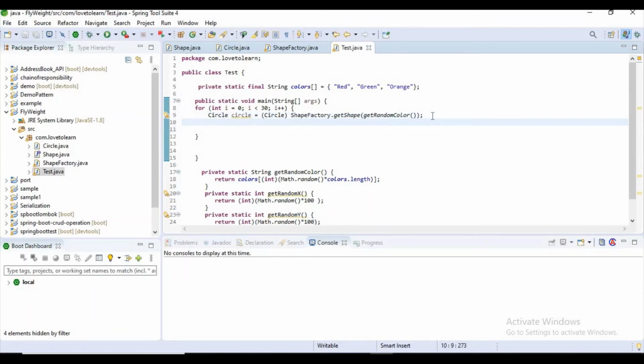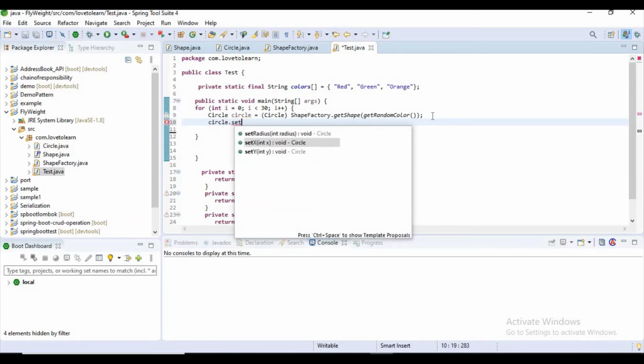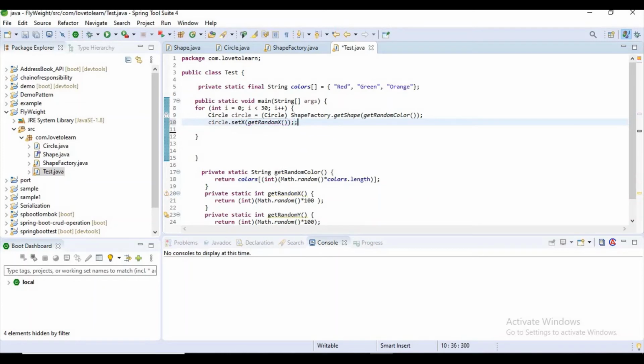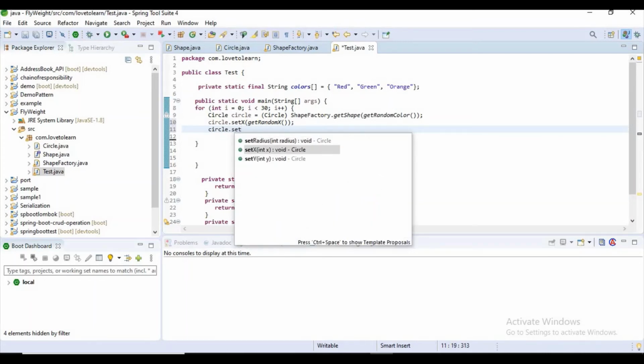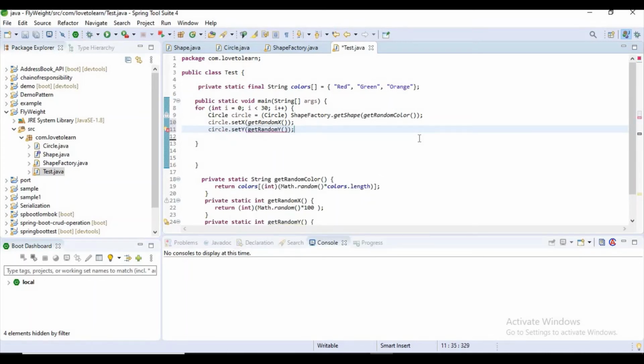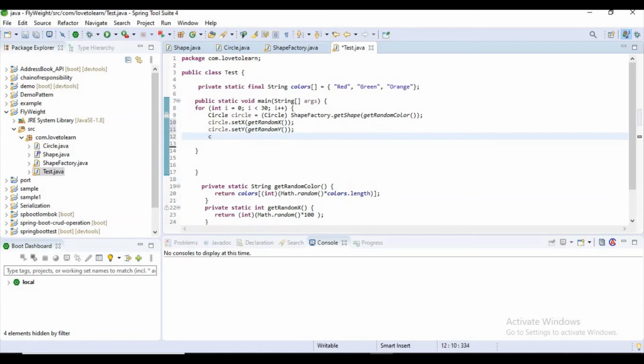Now I want to set some radius and so on. I was generating a random x value and random y value, guys. That is the reason I was using these random methods.